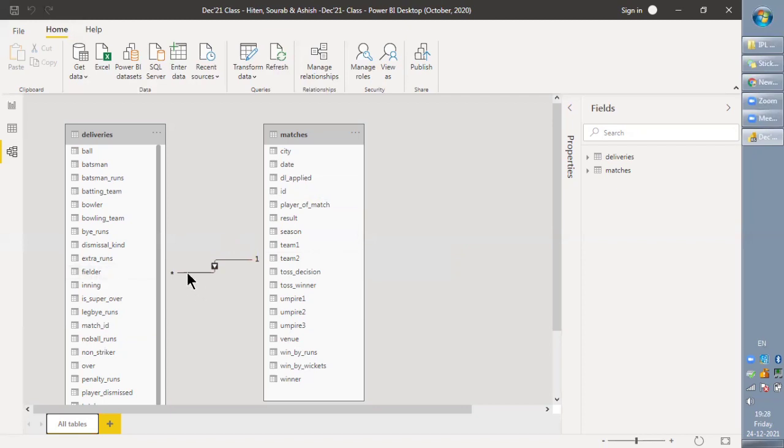Yeah. So this is one to many. We will study other relationships in coming classes. When we do the HR project, we will have 5-6 tables. Then that will be a much better example to showcase the relationships and the types of schemas we follow. So for the basics, let's understand this. This is a 1 to many relationship.